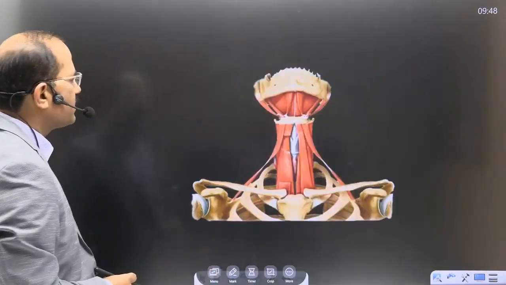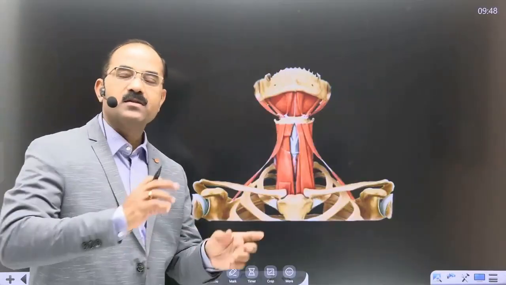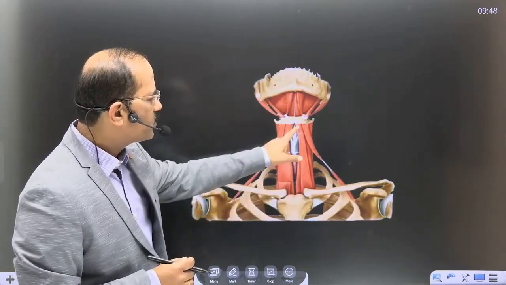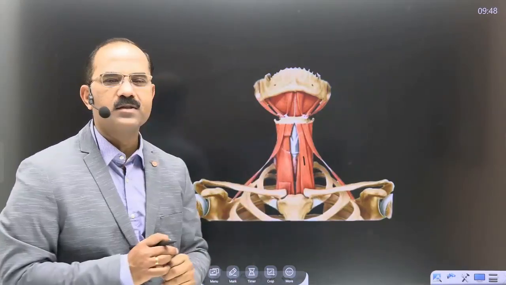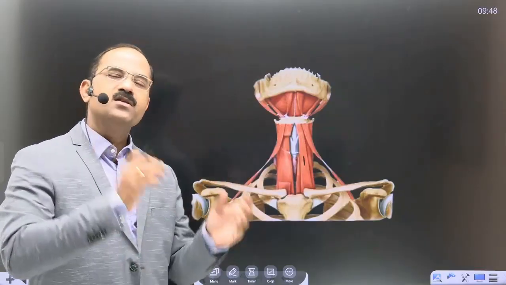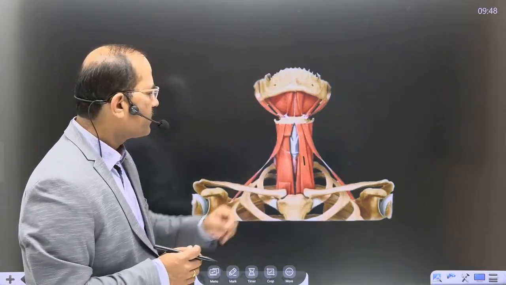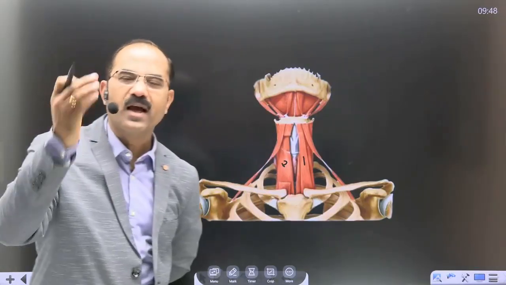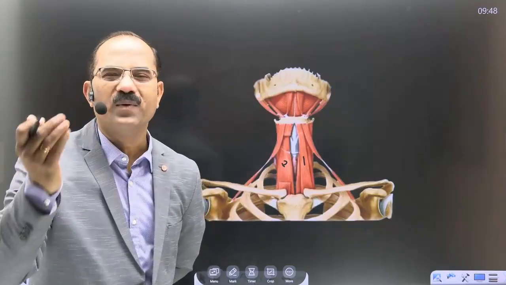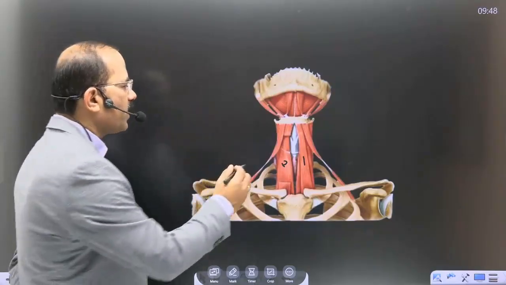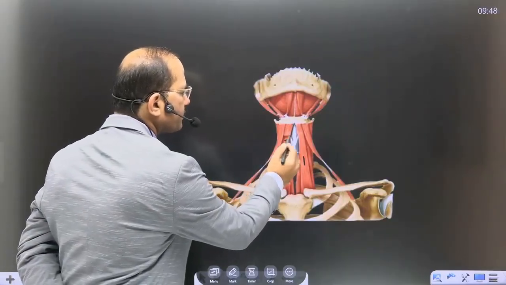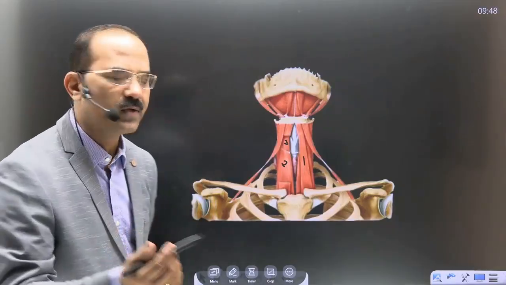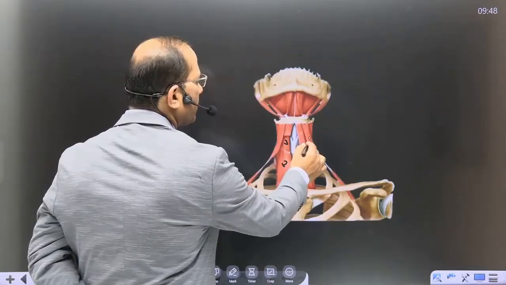Okay, students, let us understand the muscles present here, the muscles in the muscular triangle. There's a muscle which begins from the sternum to the hyoid. That's number one. What is this muscle? Sternohyoid. From the sternum to the thyroid, that's sternothyroid. From the thyroid to the hyoid, that's the thyrohyoid muscle. And what is this muscle? Number 4, that's the